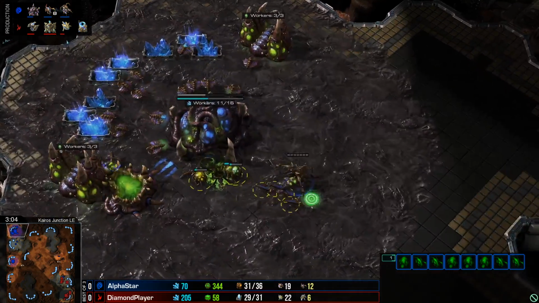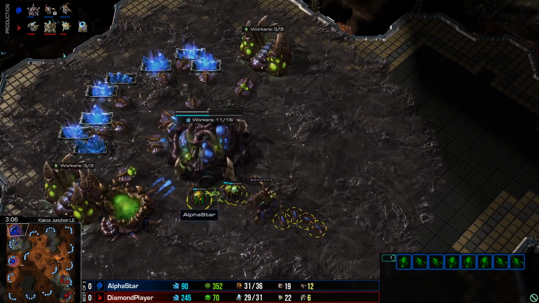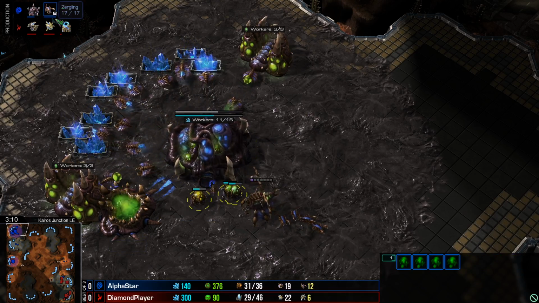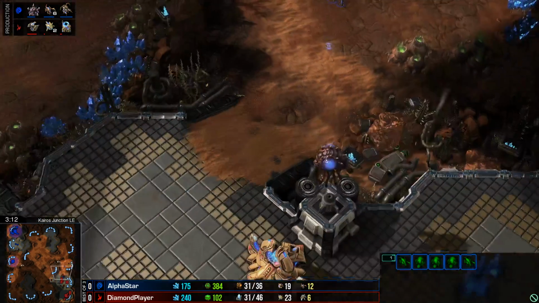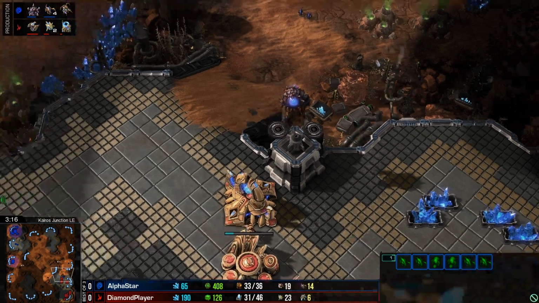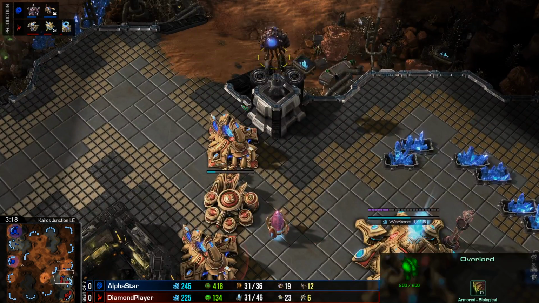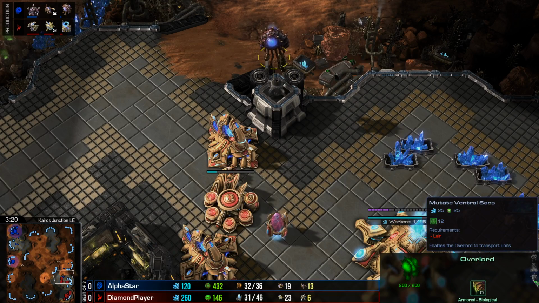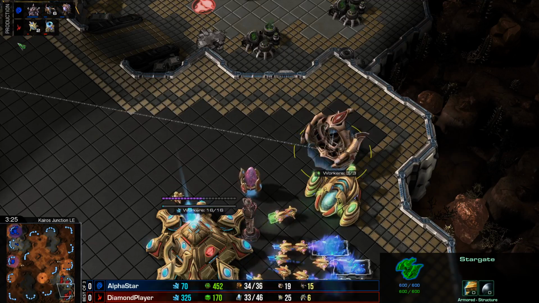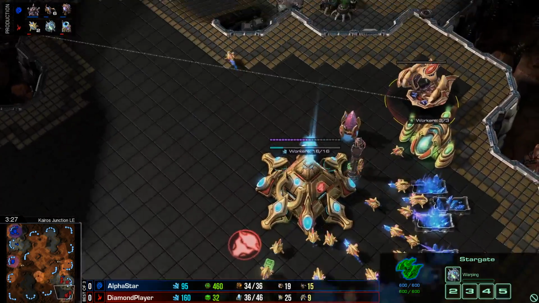We see a bunch of lings start up. What are the lings for, though? Oh, I mean, what's the lair for, though, if AlphaStar is just gonna make a ton of lings? Is it gonna elevate some lings in with an overlord or something? Except you need a lair to do that now, if I'm not mistaken. Yes. Correctamundo. And then we have got the Stargate on the way for the Diamond player, so he can fire